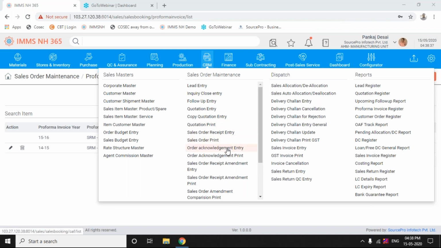Then we have taken the sales order receipt entry, that is receiving the customer's purchase order and booking it in our system. As we said in the first session on 1st May, this lead entry, follow-up, quotation